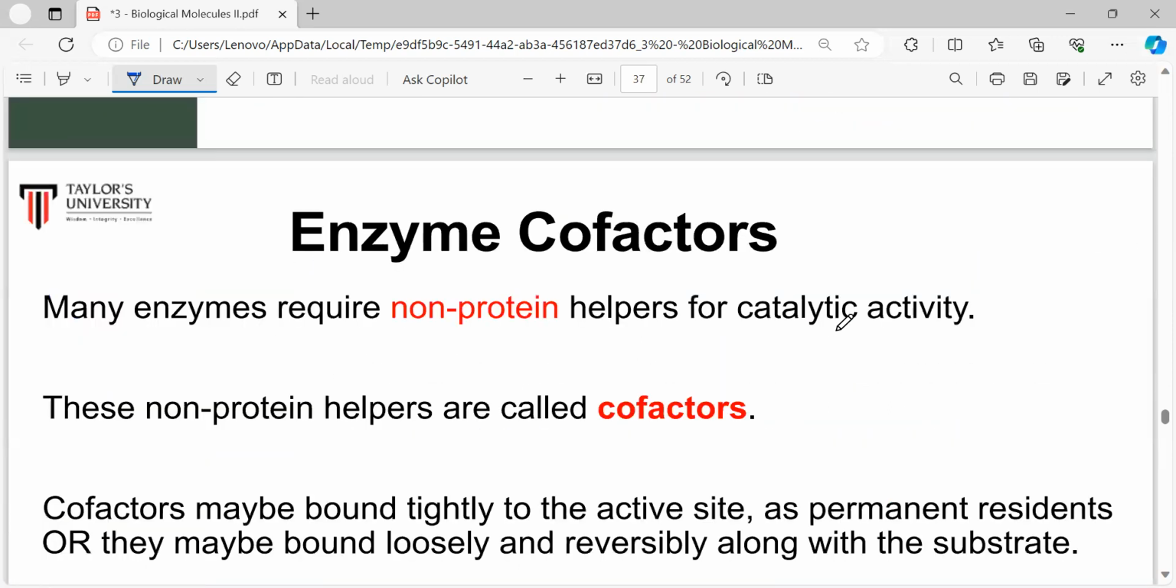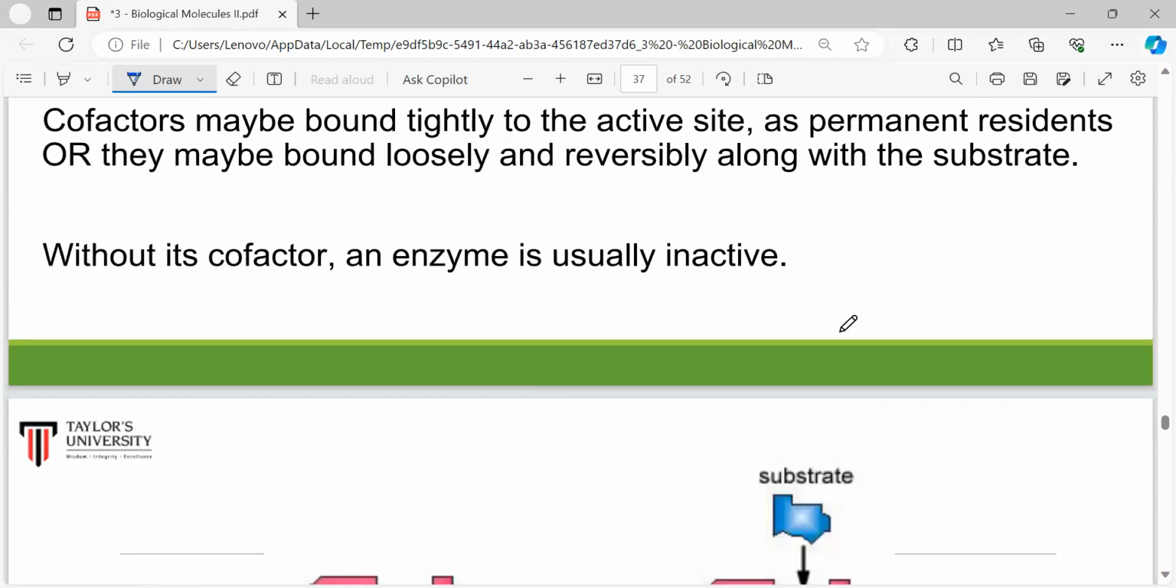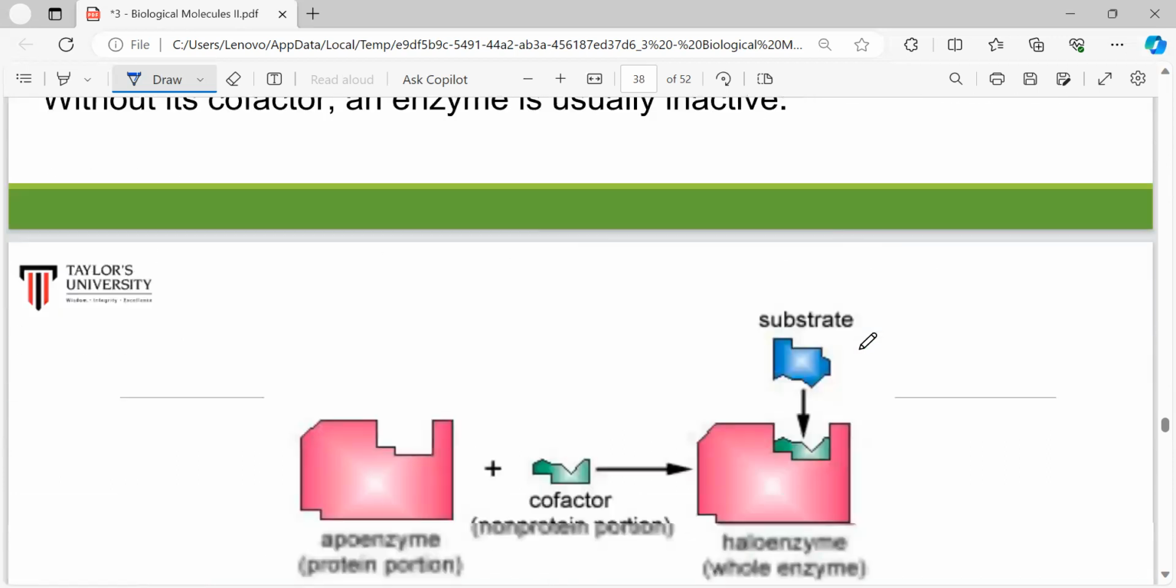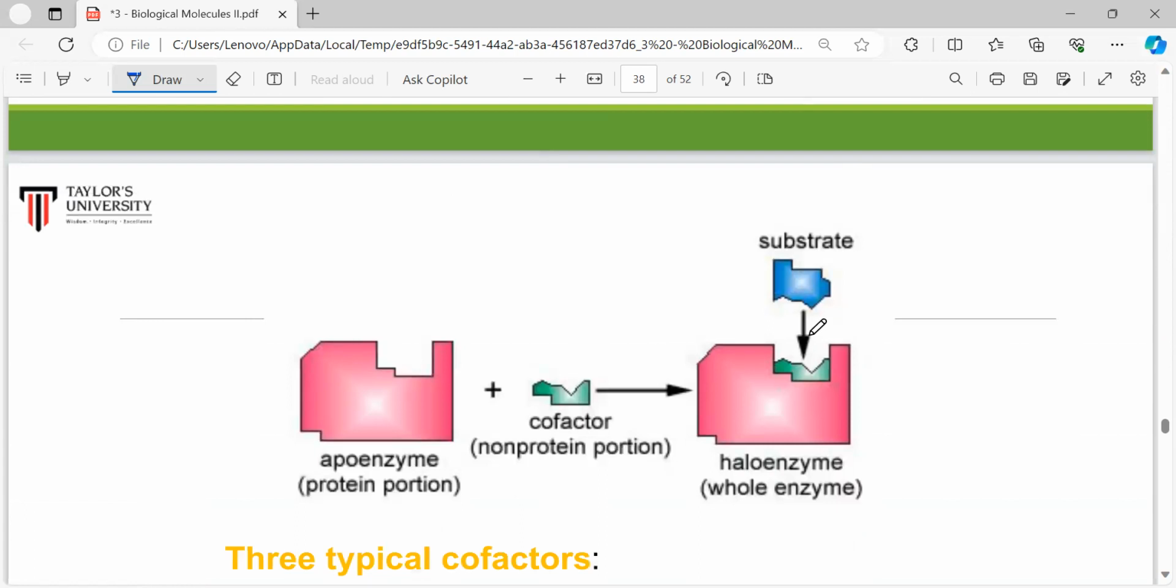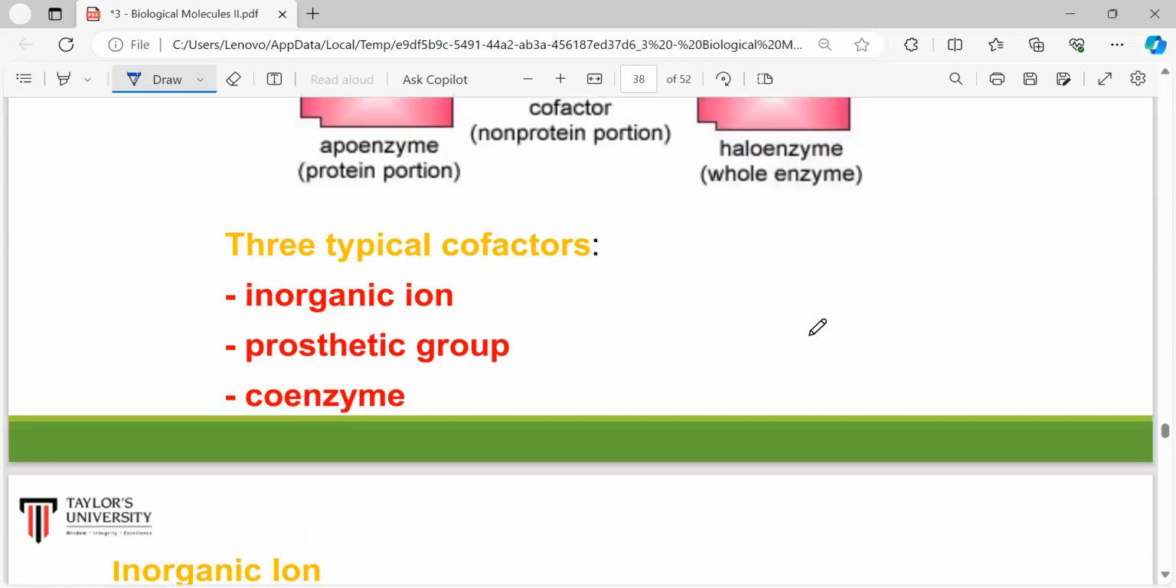And then I will move to enzyme cofactors. What happened in the enzyme cofactors? Just last week, I think I told you that there are simple protein